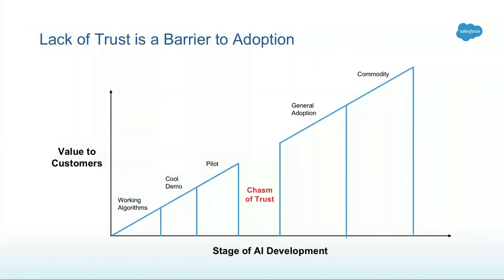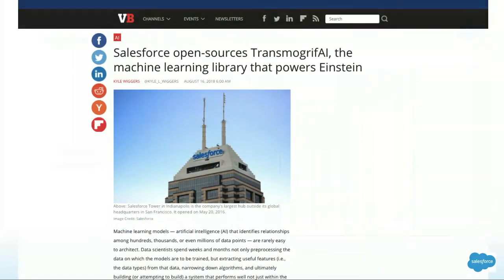So I want to end this talk with a very simple message. No matter how sophisticated machine learning algorithms you use, or how cool your demos are, or how successful your pilot program is, lack of trust is likely going to be a barrier for general adoption of your machine learning software. What we have seen in the real world as machine learning is eating software is that the demand to be able to explain models is rapidly gaining over accuracy and other evaluation metrics. With that, thank you so much.